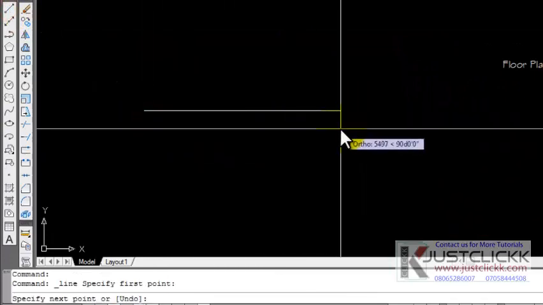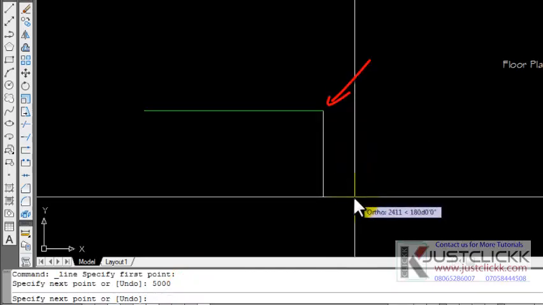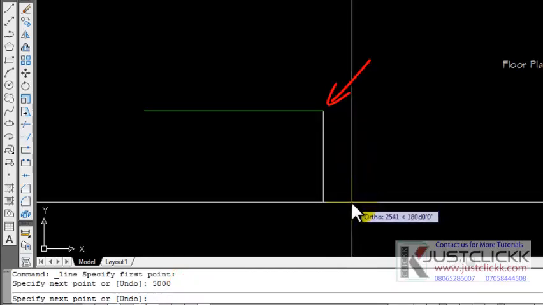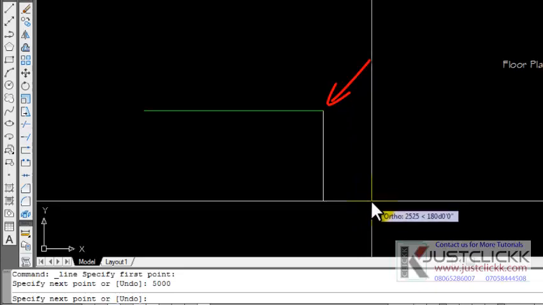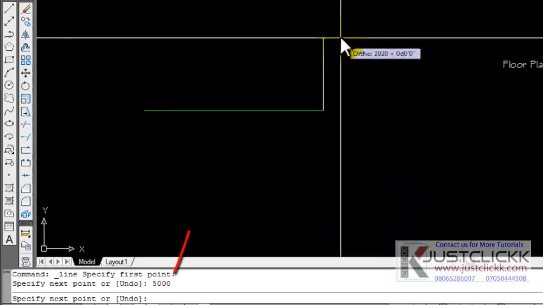you move the cursor onto the direction you want the line to travel, and then you give it a distance like 5 meters, and then you press the enter key. So you notice a breakpoint at each enter. During the process you notice a breakpoint. So the breakpoint here simply says the line is terminating at that point, and that is our 5 meters. So if you wish to continue, you would bring the cursor maybe down or upward and then enter,